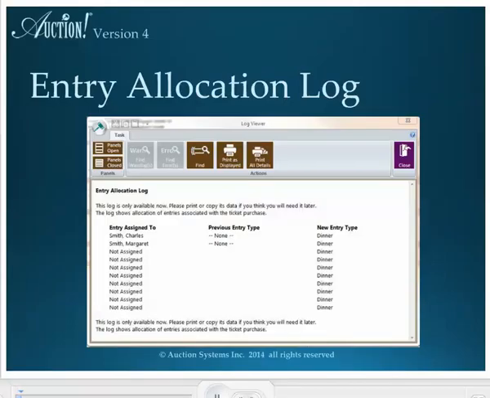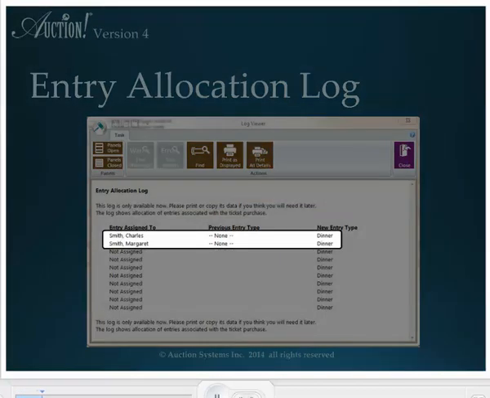The next thing you'll see is the Entry Allocation Log. If there are individual names for this household or company record, Auction will automatically assign entries to any individuals in this record who are marked as attending or unknown in their individual attendance panel above. Once an entry is assigned, even if it was assigned automatically, the attendance panel above will automatically be marked as